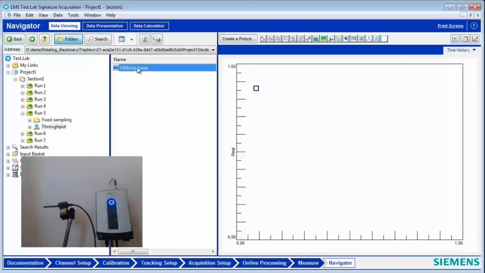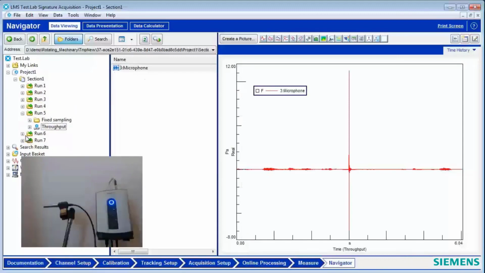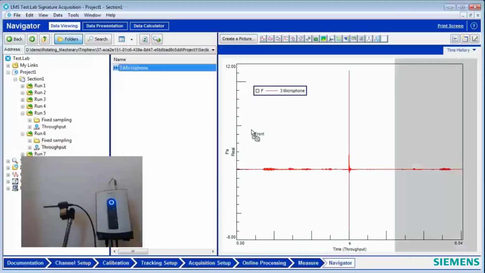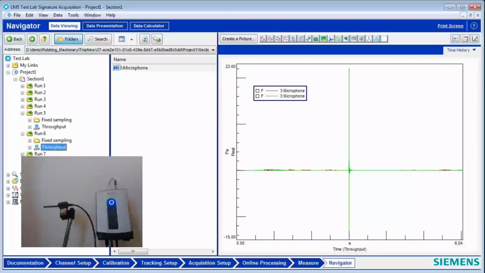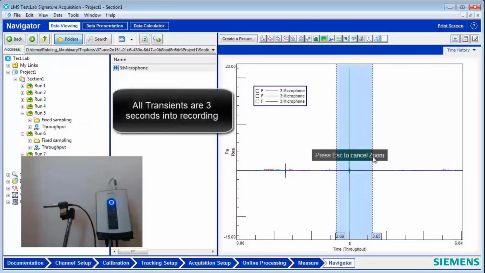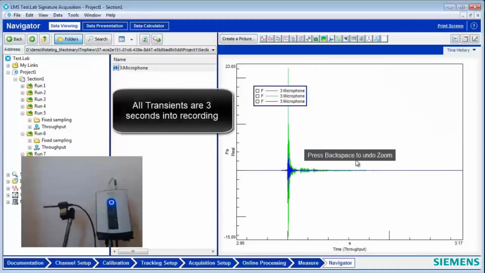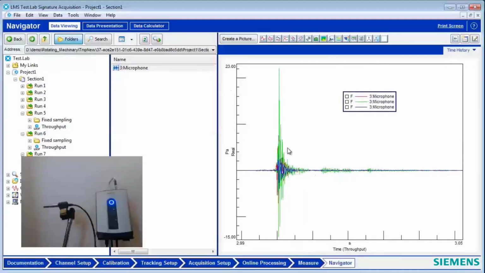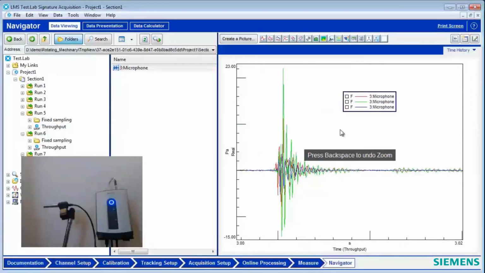Now I'm going to run 5, run 6, and run 7. And notice, if I was to zoom in here, all of these events are all aligned well in time, making comparison of their levels a lot easier in the time domain.